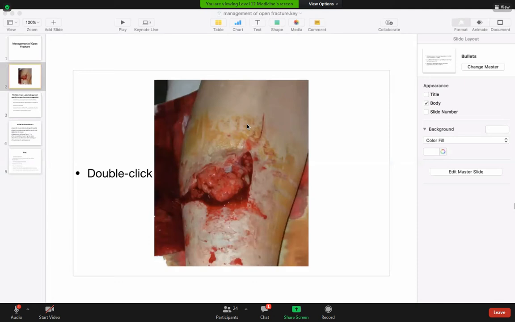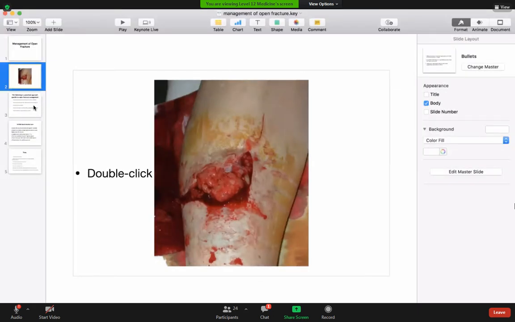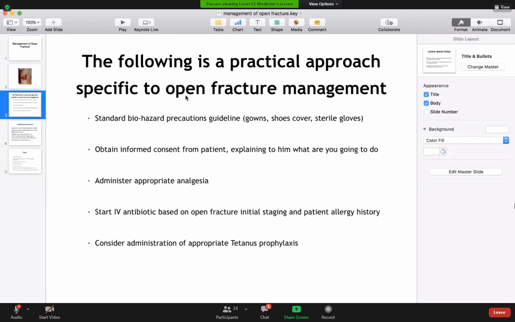Okay, so now start with the local care. You have to explain to the patient what you're going to do. So you tell them that you have this wound, most likely an open fracture. We need to clean the wound, and then the next step will be getting x-rays and then proceeding with the rest of the management. Very important to use the standard biohazard precautions to protect yourself: gown, shoe cover, sterile gloves,